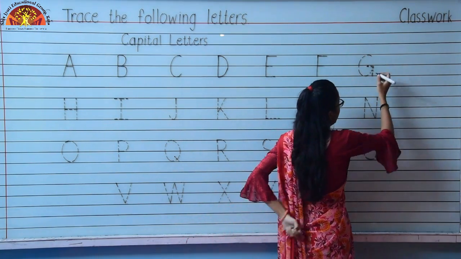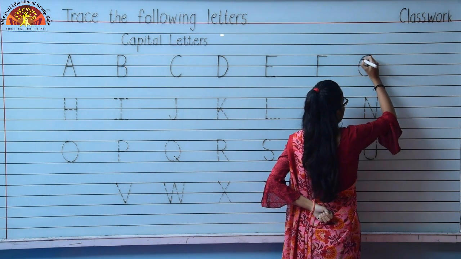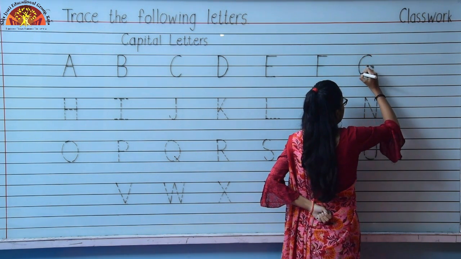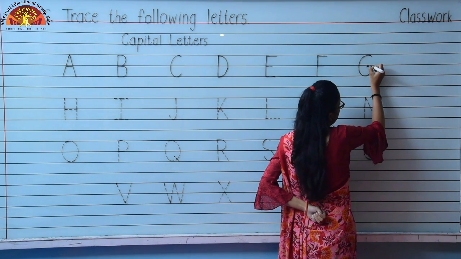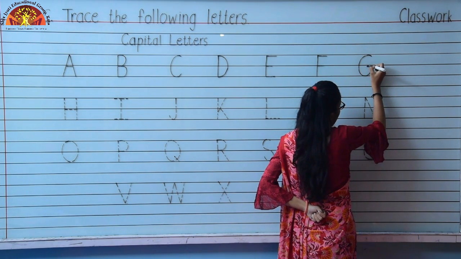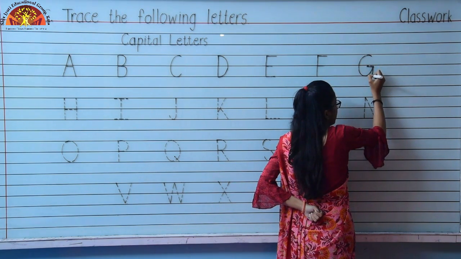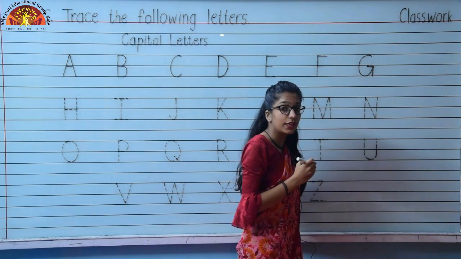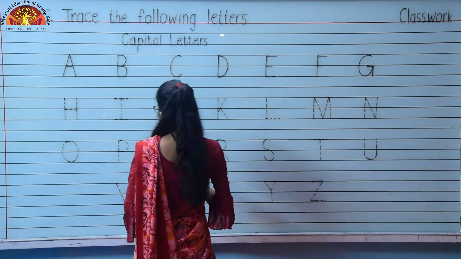Let's do tracing. Draw curve like this. Up. Sleeping line. Inside it. Come down with the same line and draw small standing line like this. You have to touch these lines properly. Okay. Now move to next one.